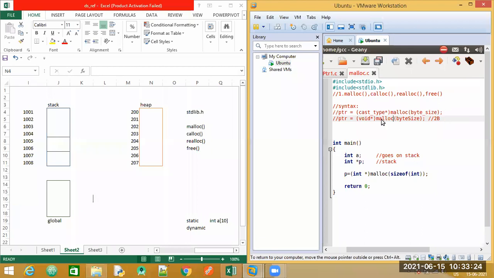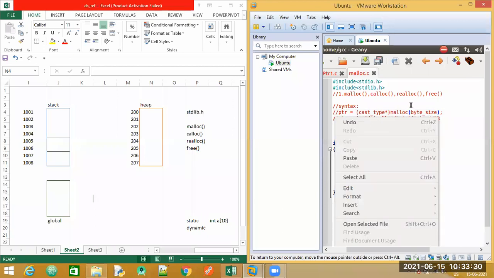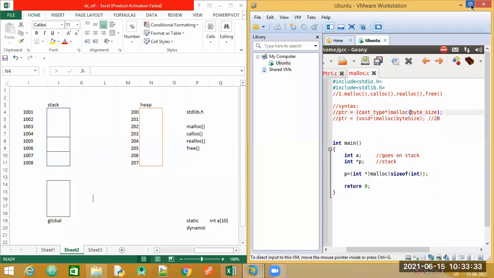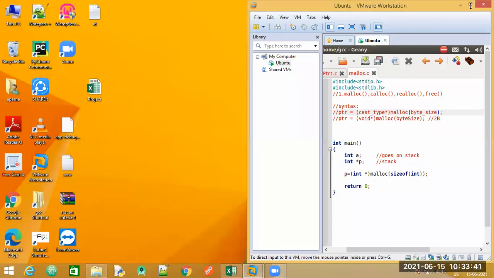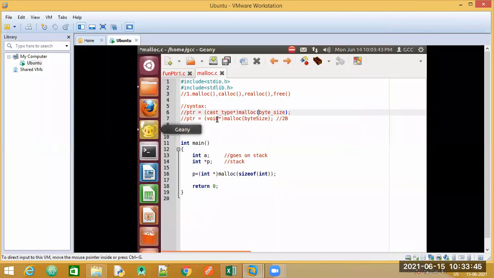This statement is only for your understanding that I have put up here. Let me just expand this. So this statement at line number 7 is only for your understanding, to show how the malloc function actually works.